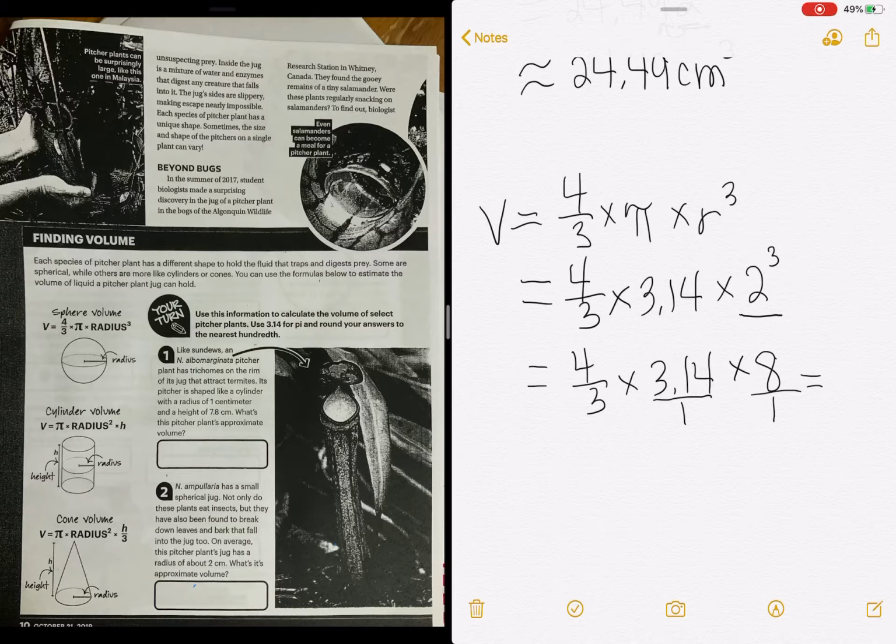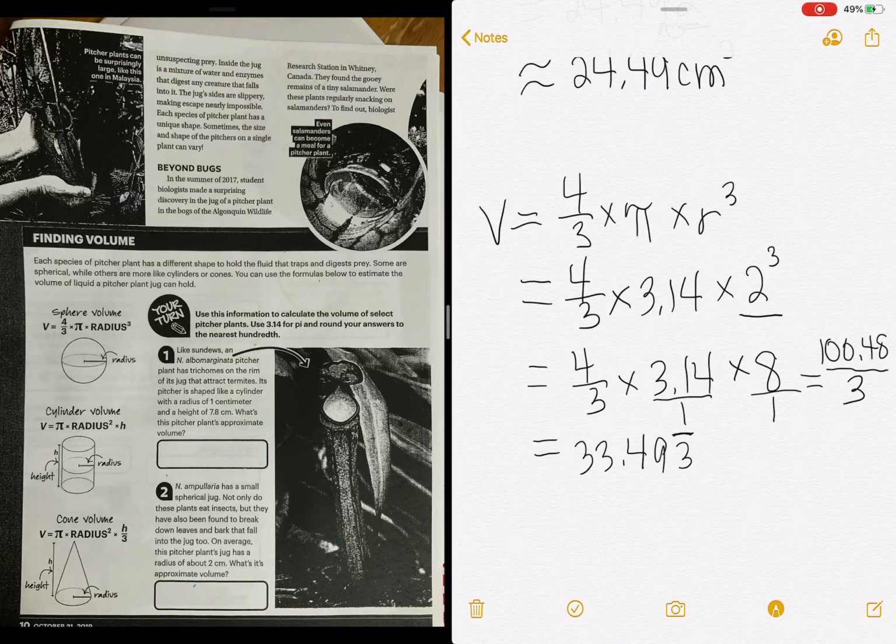So I'm going to start by multiplying my numerators. I have 4 times 3.14 times 8. That gives us 100.48. Now I'm going to multiply my denominators. 3 times 1 times 1 is 3. Now that fraction bar tells us we need to divide. So 100.48 divided by 3 gives us